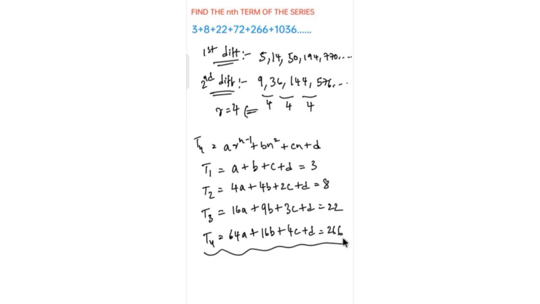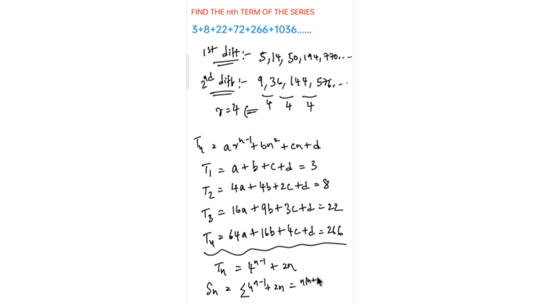On solving these 4 equations, we get our Tn value to be 4 power n minus 1 plus 2n. So this is the value of Tn. If it's not asked in the question you don't need it, but if you want to find the sum of the n terms of this series, you can just put sigma to it: 4 power n minus 1 plus 2n. And we can just solve them.